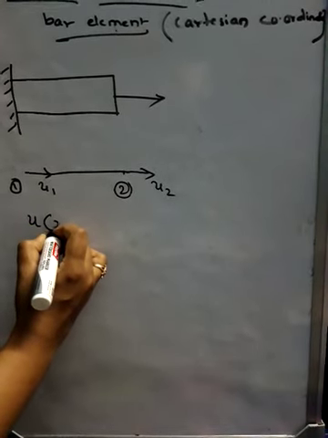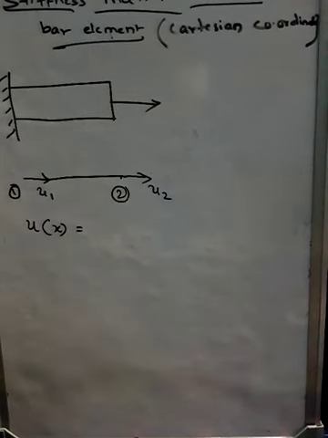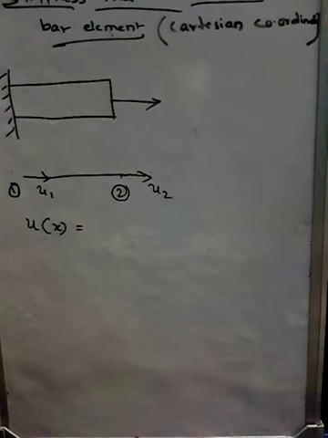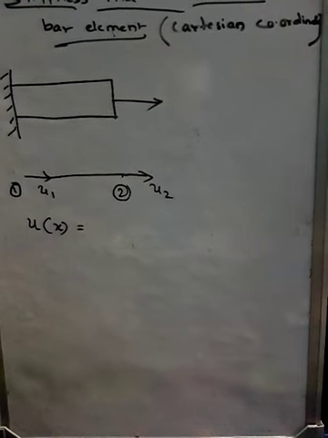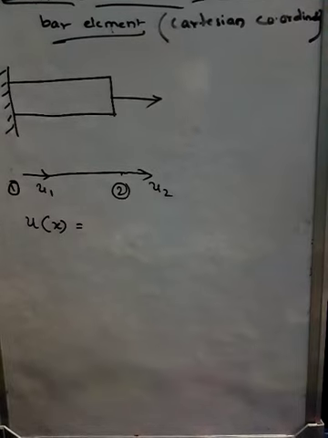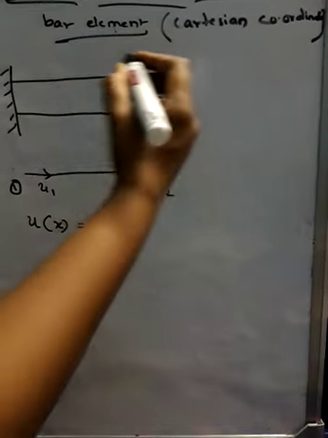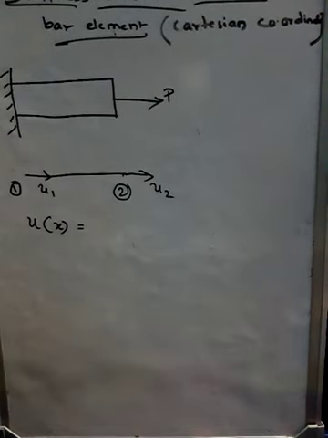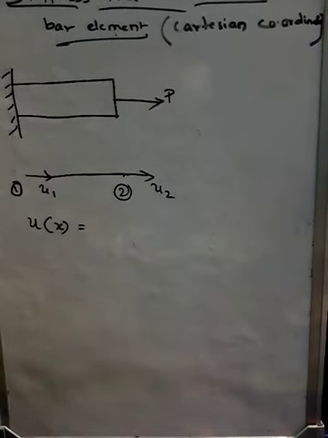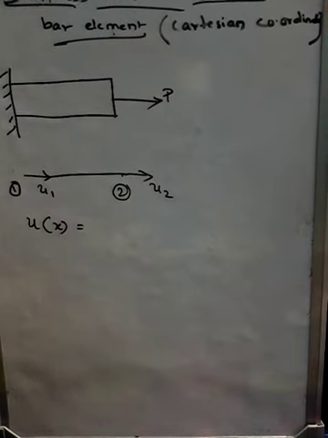The shape function you can calculate by any method, that is displacement model you can use, or else if you want to use Lagrange interpolation method, you can use Lagrange interpolation method, or else Hermitian interpolation method also can be used for this. Whichever you feel easy, you can use that particular method. I'll be using Lagrange interpolation method because it will be easy for me to calculate.